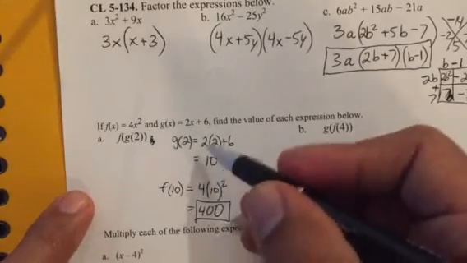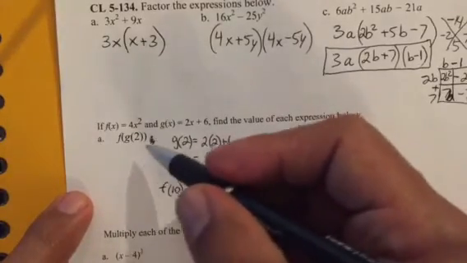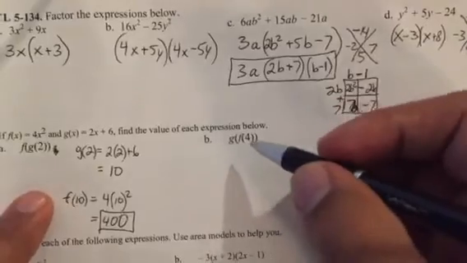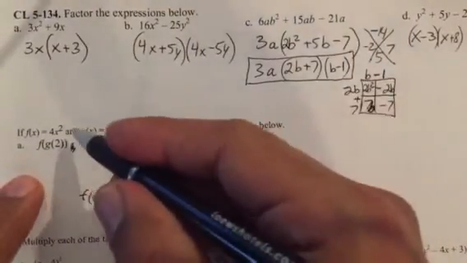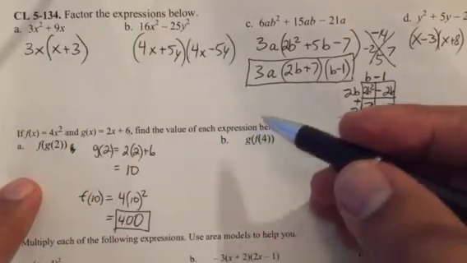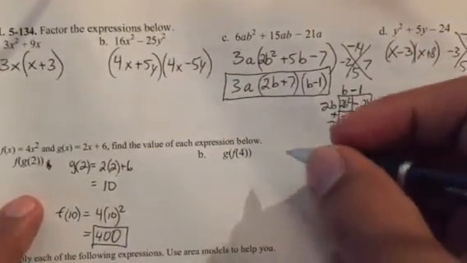The only thing I did is I did it in 2 steps, but you can do it in 1 step if you want. Alright, this one, now we're going to plug in 4 into the f of x function first, and then whatever answer we get, we plug it into the g of x. So for this one, we have